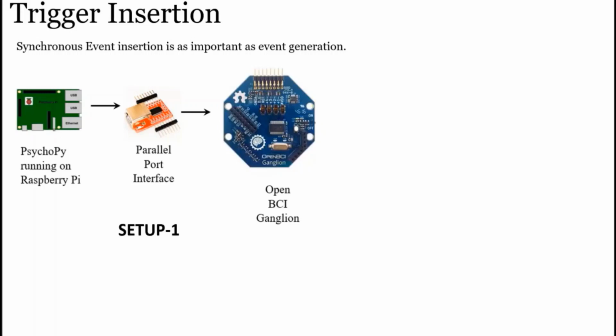Raspberry Pi has a serial output, so you need to use a parallel port, using which, in case of multiple events, you can feed your events to different data pins or different digital pins, because these events will have a digital form, so zeros and ones. It stays one during one event, it will convert to zero when that event is not there, and some other pin should be one when the other event is there. So a similar provision is provided by the OpenBCI Ganglion board, where you can use digital IO pins to insert the event. So this is one setup.